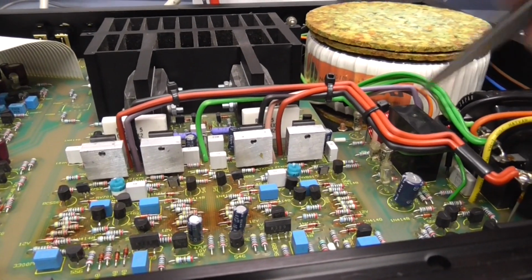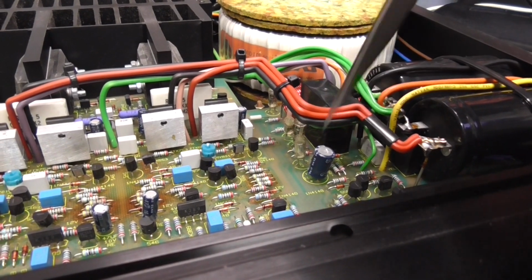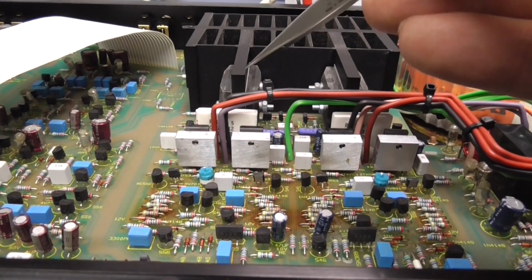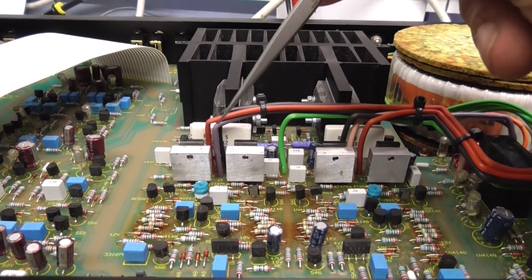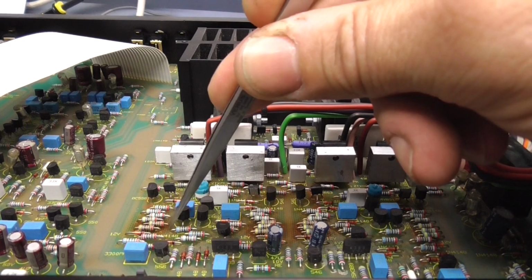This is your protection relay, and the protection relay's DC monitoring circuit is all this part here, and that's looking for any DC offset on the speaker terminals, and won't release the amplifier's relay to connect the speakers up until the DC is gone. You can also see here, and this is a notorious problem with these things, you see